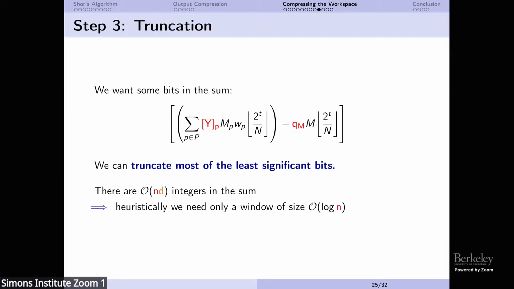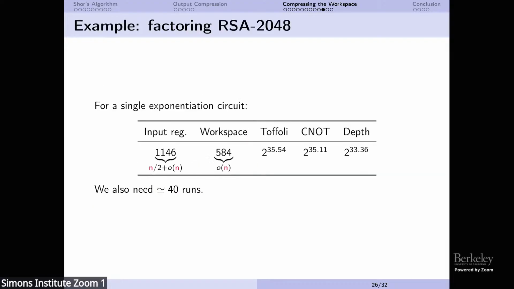In the same paper, we tried to do some concrete estimates, concrete in the sense of logical circuits. We didn't do anything related to physical implementations; we just wanted to have an understanding of the numbers and see if they were really bigger than previous estimates for Shor's algorithm. They are a bit bigger. So for a single exponentiation circuit, we computed something like 2 to the 35 Toffoli gates, which means 32 billion something. And we also needed more runs, because since we're using Ekerå-Håstad, we need 40 runs. And by the way, this is negligible in n.